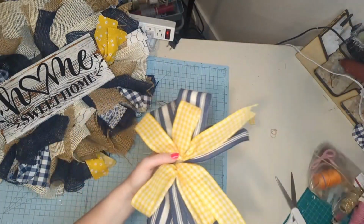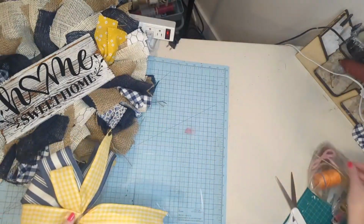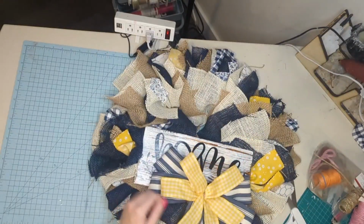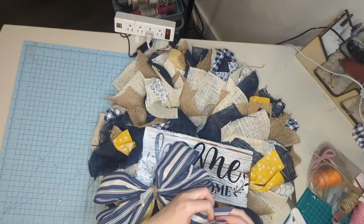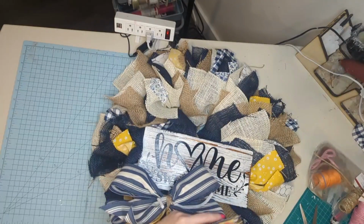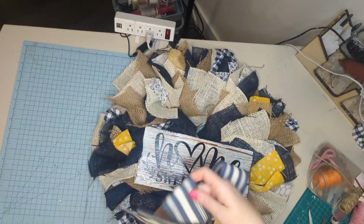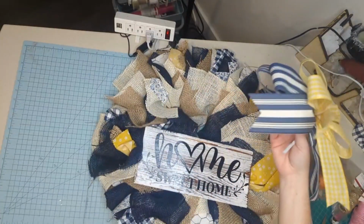I believe I got this blue one from Michaels, and this yellow one I got from Craft Outlet. Michaels now is having more sales on ribbon. I used to shop there all the time, and I would always get frustrated that they didn't have ribbon on sale. But now, quite often, I will see ribbon on sale, like buy 2 get 2 free, or buy 3 get 1 free. Still feel like I need to trim this guy a little bit. So look out for those sales at Michaels. They do the same with mesh now, and they didn't do that for a very long time. I'm so happy that they're finally doing that. Whenever they do those, I try to stock up. They have a lot of non-wired ribbon, but their bigger ones are really pretty, and they have a lot of checkered or solid print ones to use